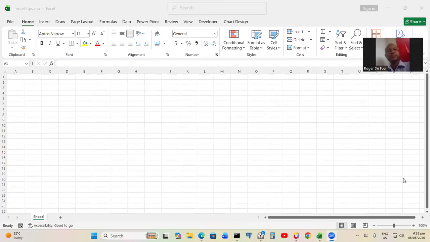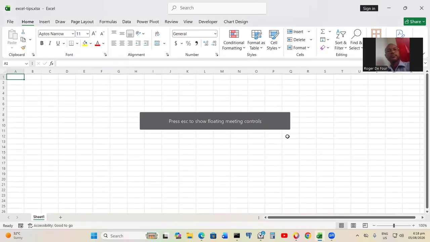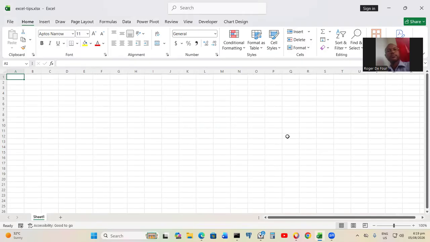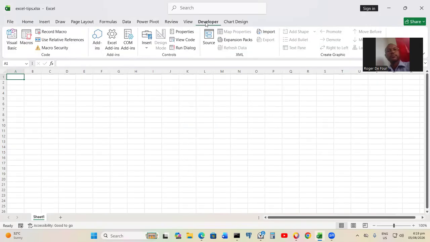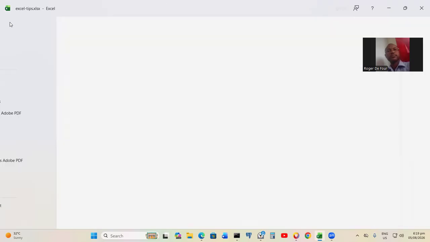I'll be introducing you to a different method based on the version of Excel that you have. I am using the perpetual version on my computer. The Microsoft 365 version has a very simple facility through the Insert tab where you could create a series of checkboxes effortlessly. But in the perpetual version, we have to do it the old school way, where we have to activate the Developer tab, and that is done through